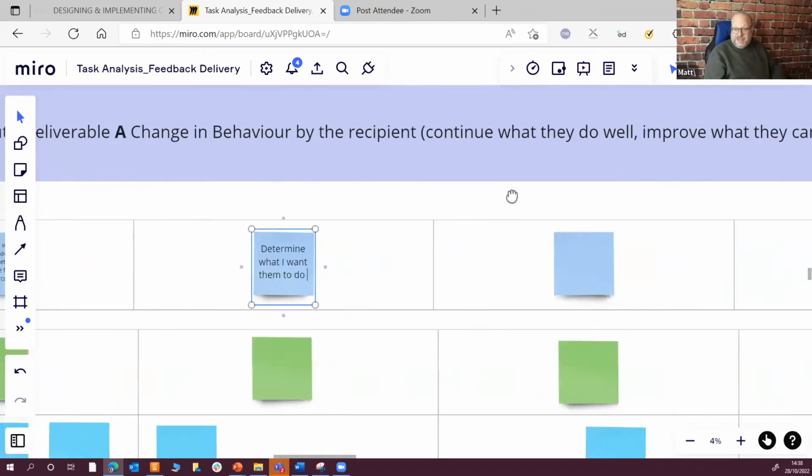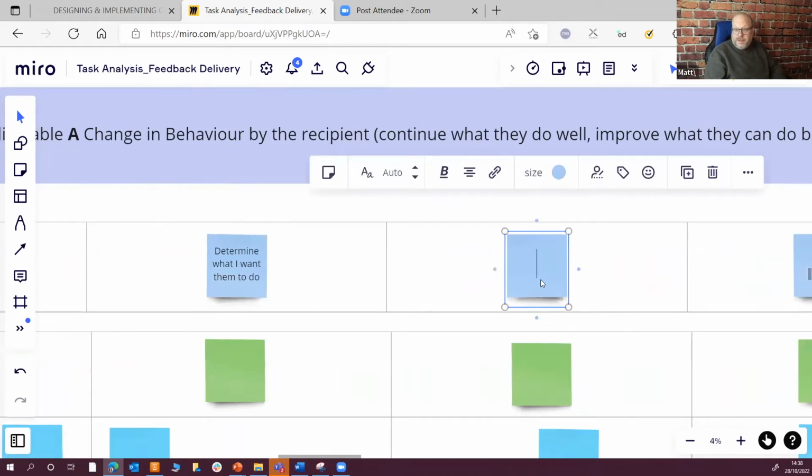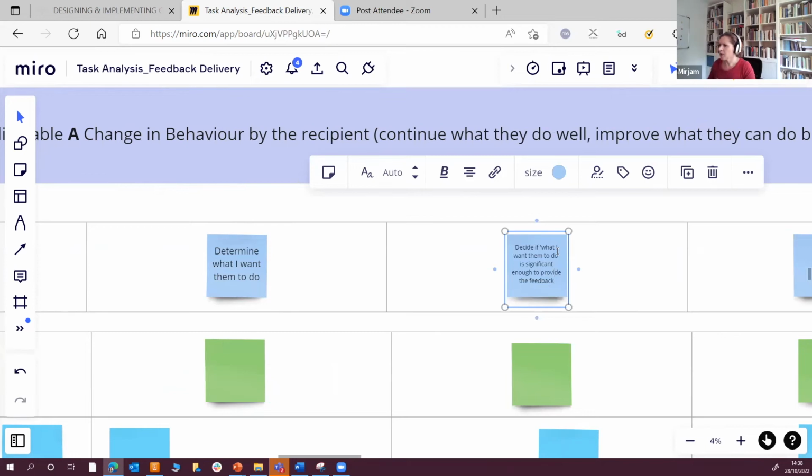Then decide if this is significant. If I just say, hey, Mirjam, I would urge you to wear blue instead of red, this is an insignificant piece of feedback. This is not going to help your performance. It's not going to help us do what we want done. So you need to make sure your feedback is worthy. All right. And I think that's a really important step. I think too many people give stupid feedback. Right. Let's talk about that later.